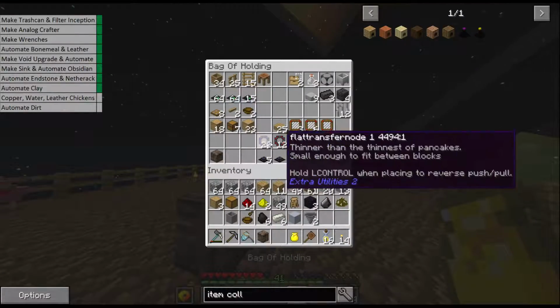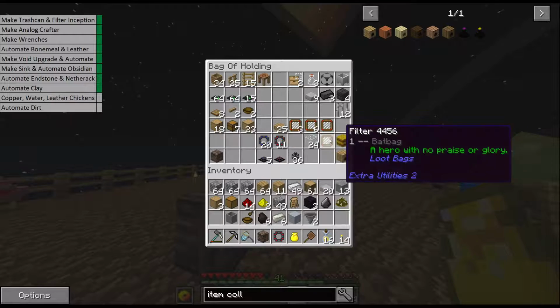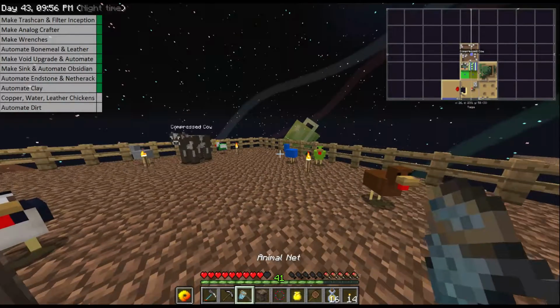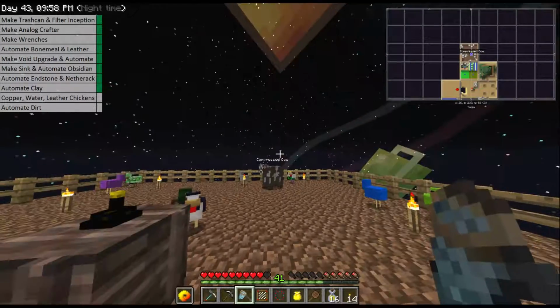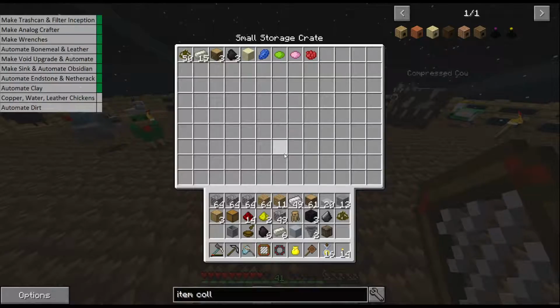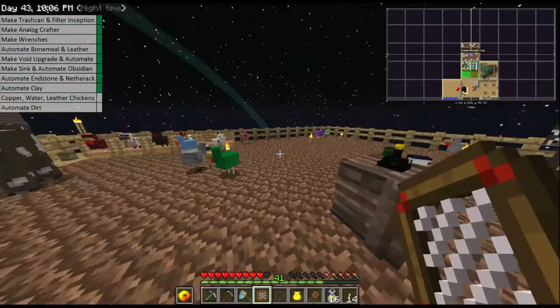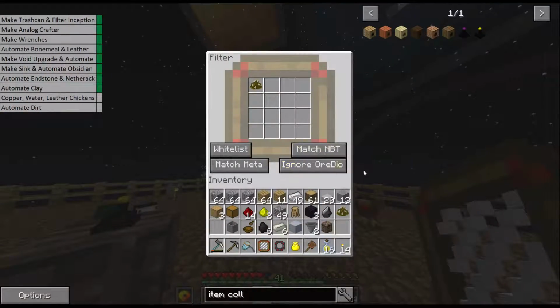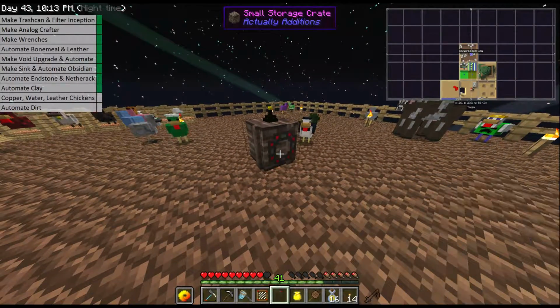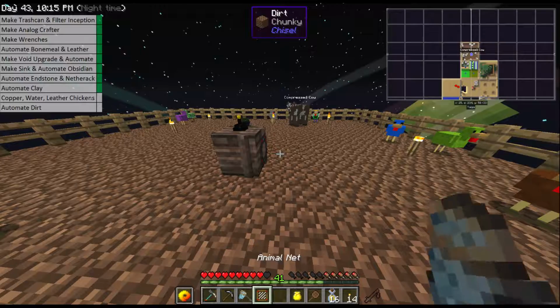So, same process we've done a few times this episode already. Grab a filter, set that filter up with some chicken manure. I thought we'd have eggs already in there as well, but it doesn't seem like any of these are laying eggs, so that saves me something to put in the filter, at least for now. Later on we're probably going to need to add it. We'll move that across,